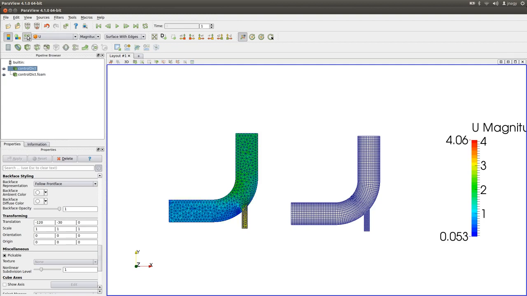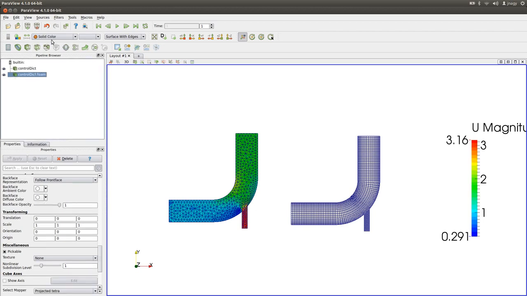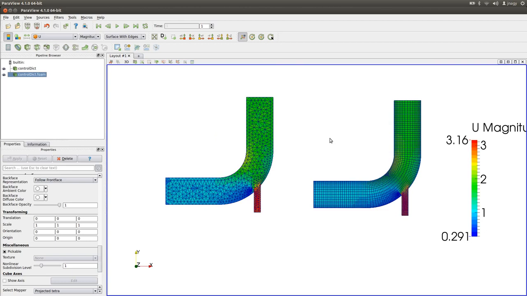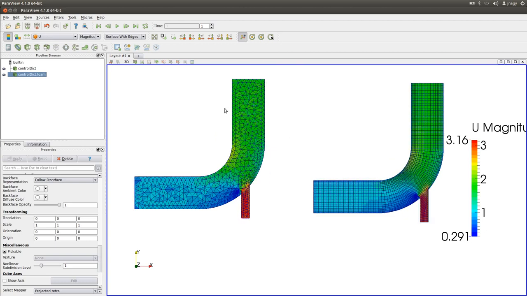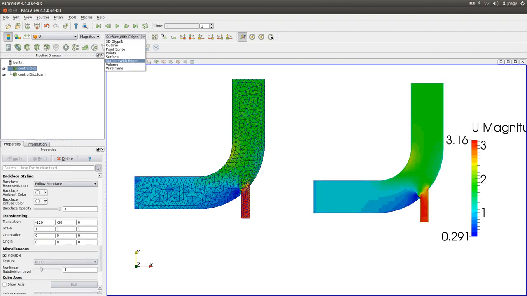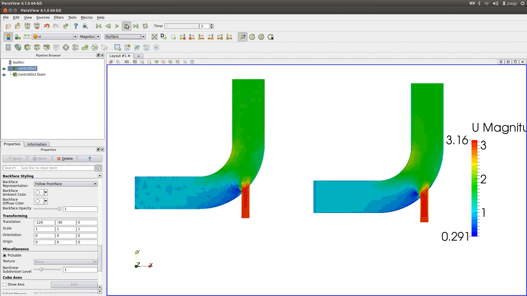Now we're at 1. I rescale and I show you now the velocity. Now here you see the difference between the meshes. This is a triangular mesh and this is a quad mesh. And if I blend out now, here you see